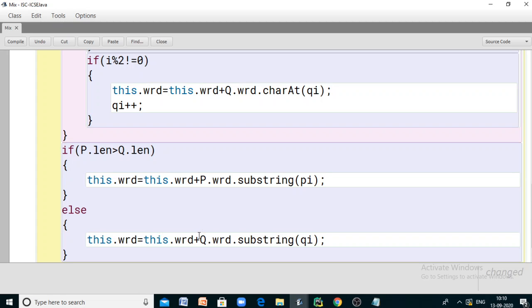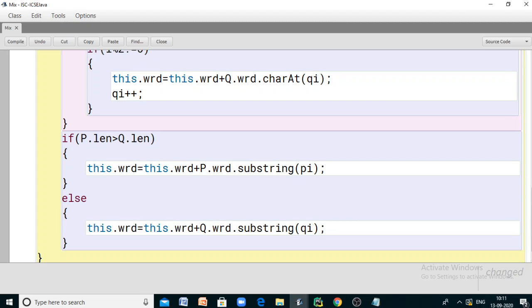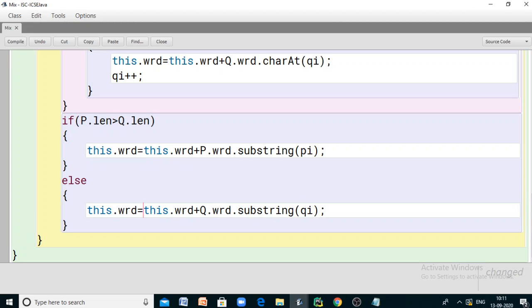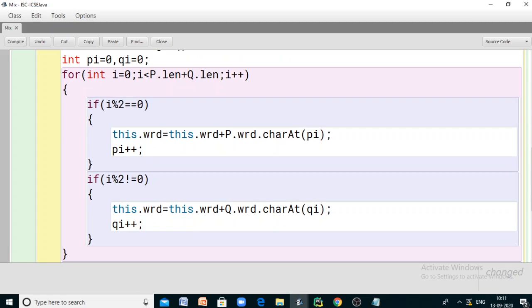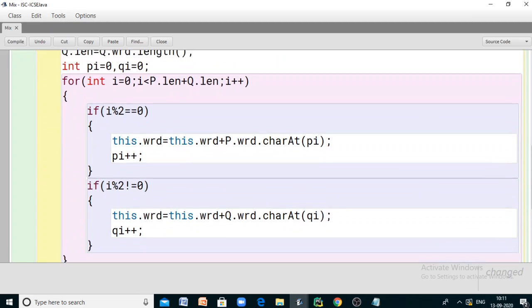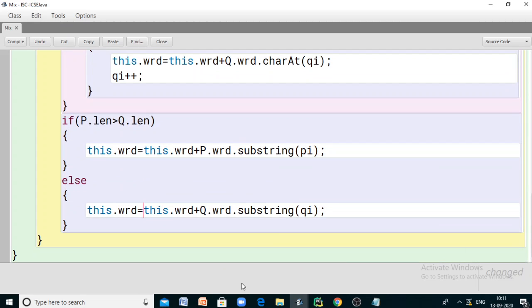So this dot word is equal to this dot word plus Q dot word dot substring of QI. Now the remaining characters from word 2 are extracted and added to the final word if the second word is longer than the first word. Now the logic of mixed word is almost finished.